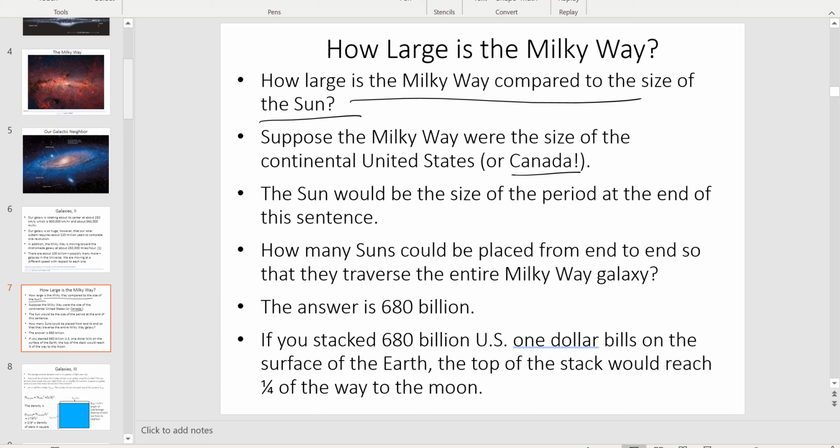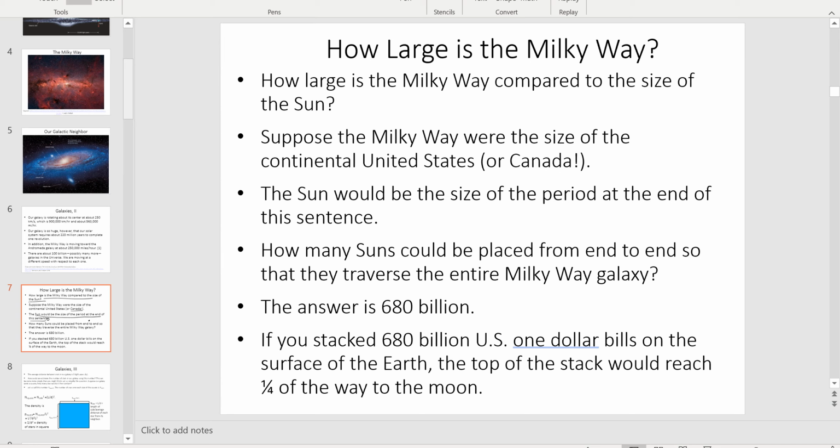How large would the sun be on this map? So this is literally a map that covers the entire continental United States from east to west. The sun would be the size of the period at the end of this sentence. If your contribution to this map was to denote where the sun is and to the right scale, to the right size, you would literally go up to the right part of the map and do this. In fact, that's a terrible depiction, but something like that.